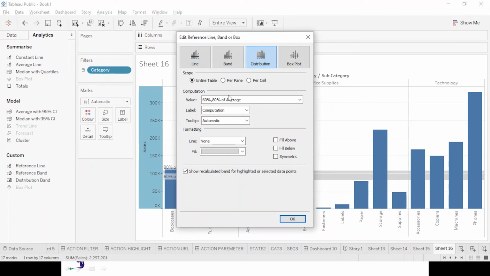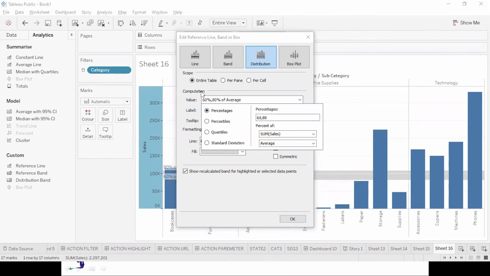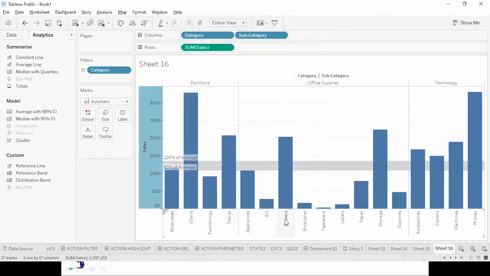But in distribution, you are distributing a value. Let's take the value x on 60-40 basis. So I will say 80 to 100. Say okay. Clear? So that is the distribution band.